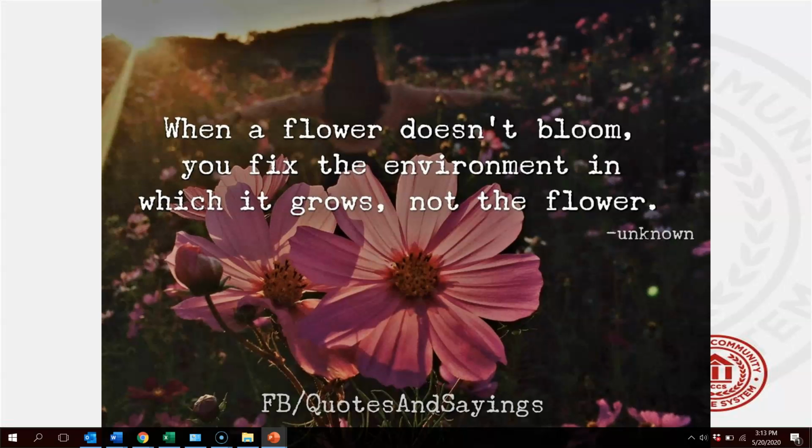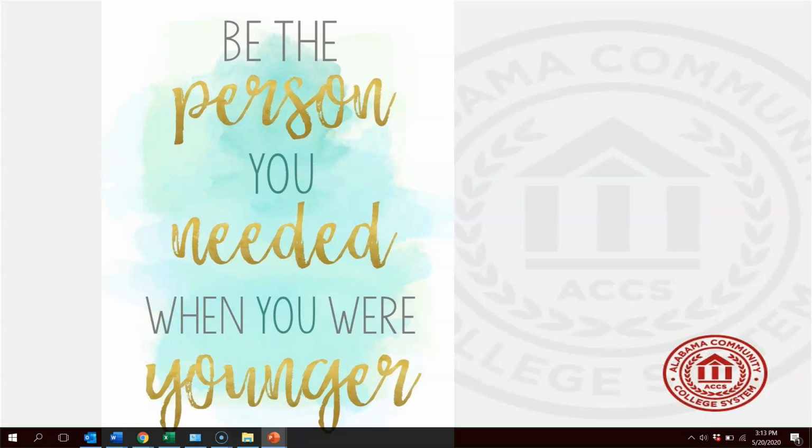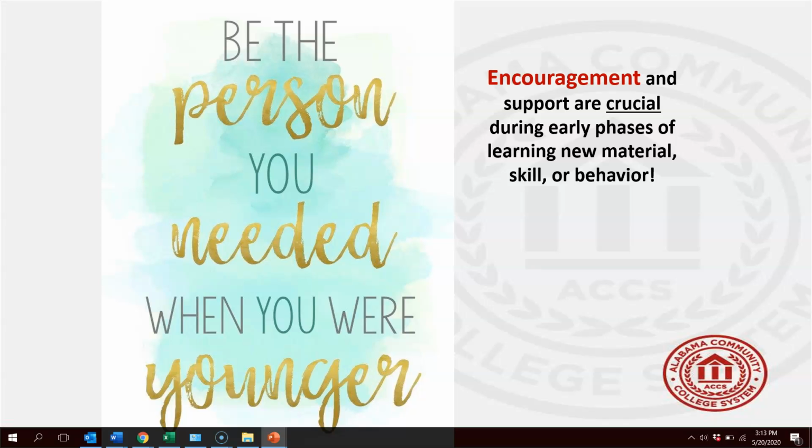So everything we do, of course, the students are responsible for their learning until we go look in the mirror, and then we're the one responsible for learning. So changing what we do, changing that environment a little bit will allow that student to flourish. Now, what you needed when you were younger, quite frankly, depended probably on your upbringing and how much support you had at home. Keeping in mind some of our students have very little or negligible support at home. And that's why encouragement is so important. Encouragement, probably the most underused word in higher education today.